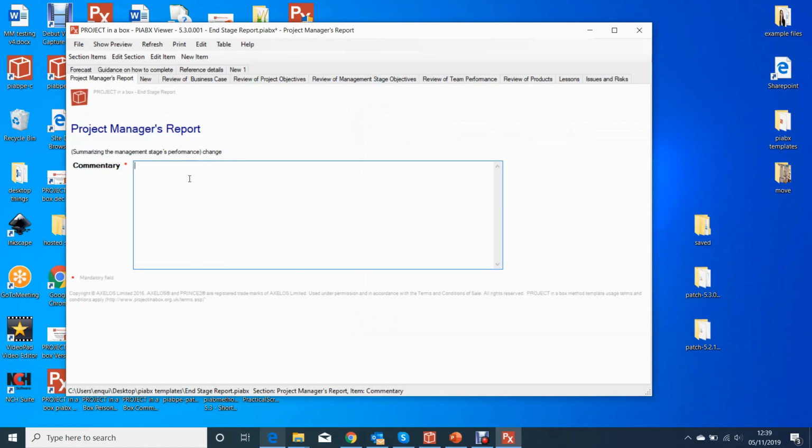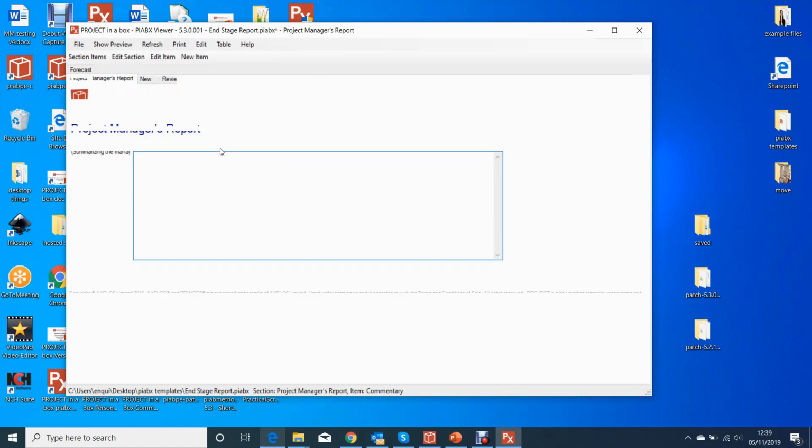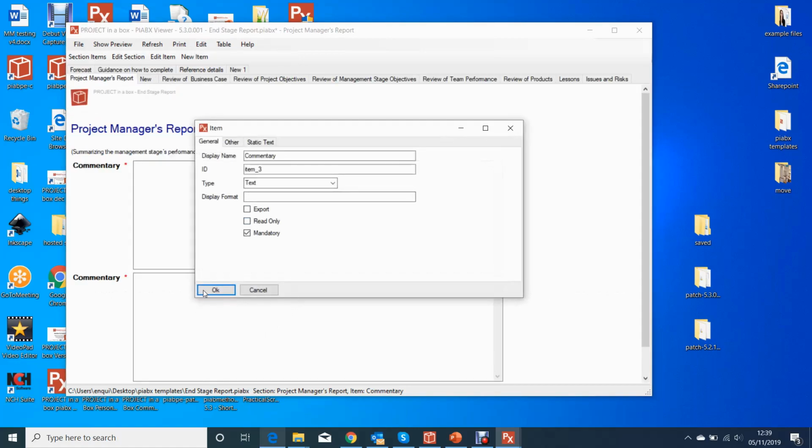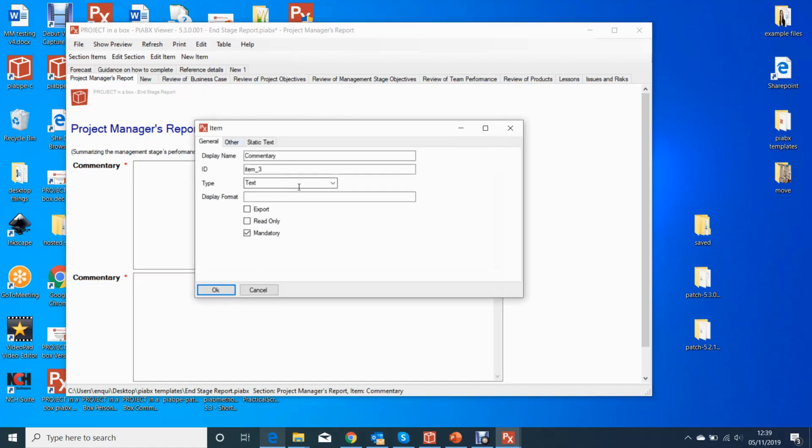So if we're adding new items to our section, we're going to come to Edit and Add Item. And you'll see it automatically adds a clone of the prior one, because often you've got the same sort of information in a form. And I can then come in and change that. So I'm going to get Edit Item Properties. And we can change that to a different type of thing. So we could change that to, for example, an image,